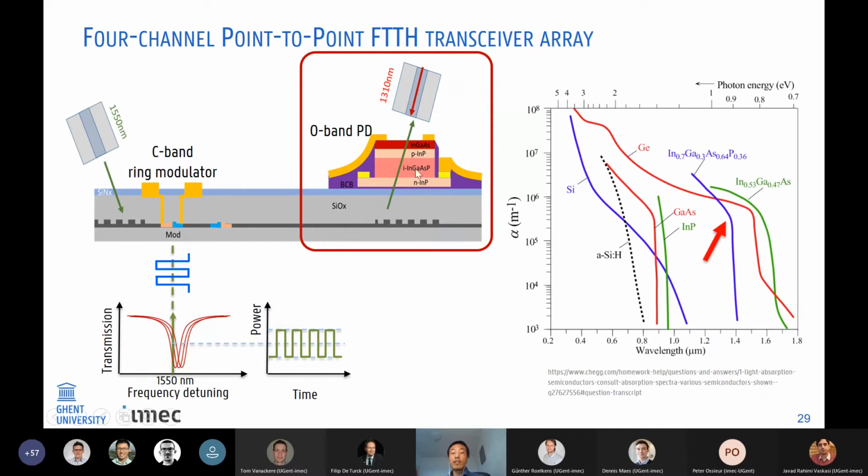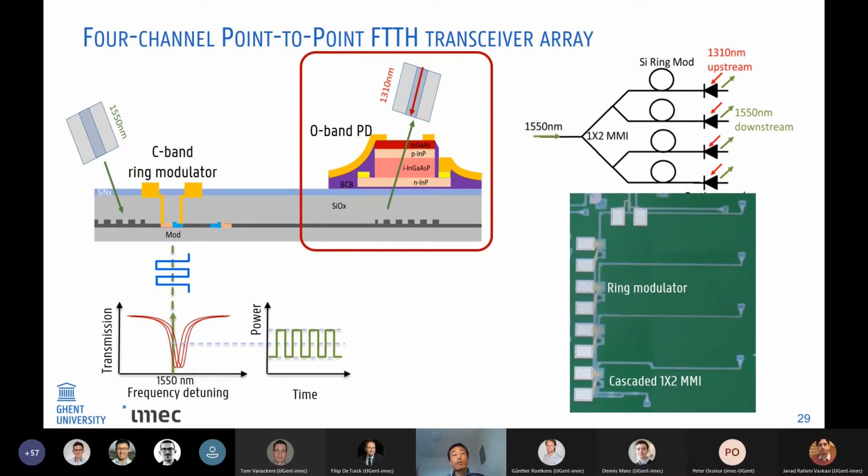Here, a key point is the selectivity of this III-V absorbing layer. You can see here, if you use InGaAsP, there is a very sharp stop band around 1.4 micron, which means that with longer wavelengths it will be transparent, but below 1.4 micron, it will be absorbed by this material. So in this way, we can send the light through this waveguide grating coupler and couple through this III-V detector to the fiber. And here is our 1.4 channel